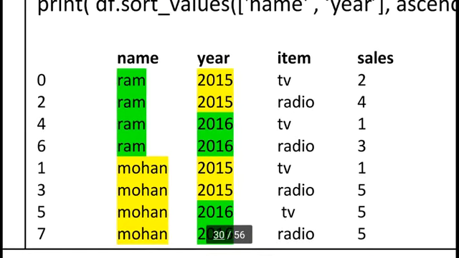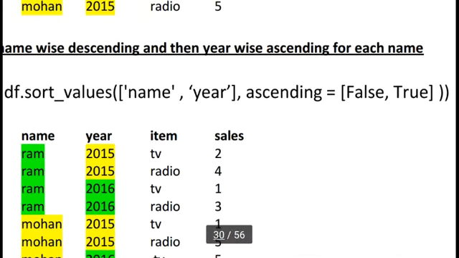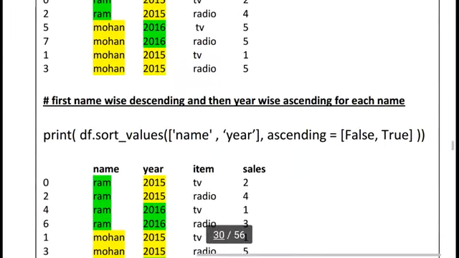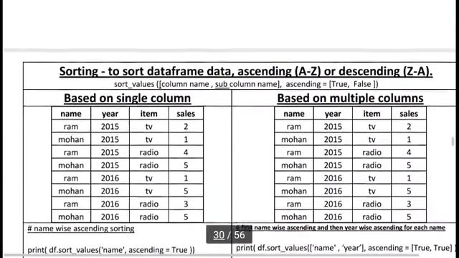For Ram and Mohan, all the names are in descending order, but for each Ram record you can see year in ascending order, and again the second data is Mohan, and for each Mohan you can see the year in ascending order, 2015 first, because I have written this sorting statement. So here I have taken a simple example to sort our data.